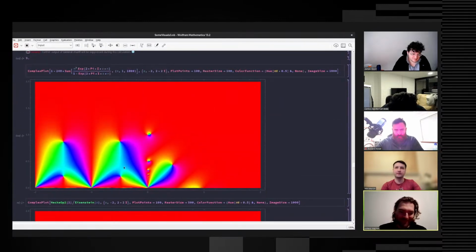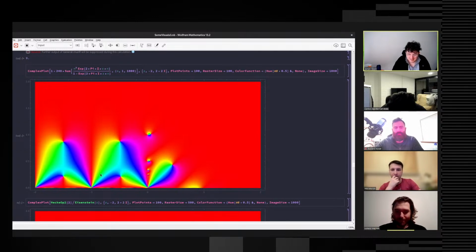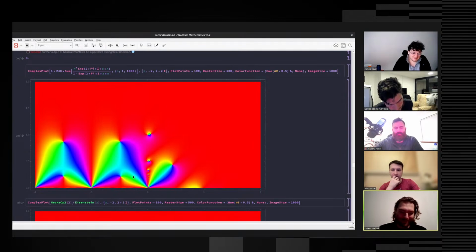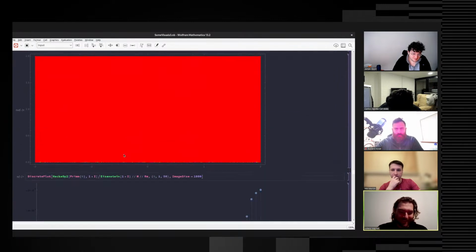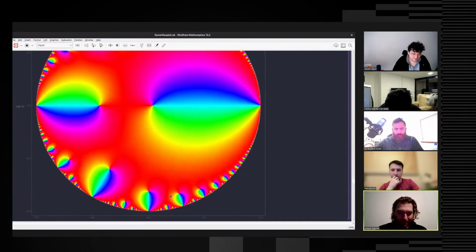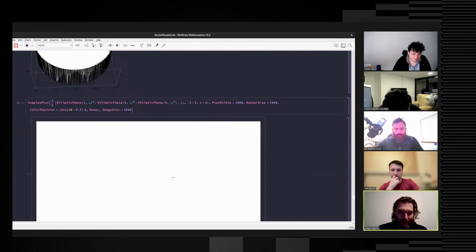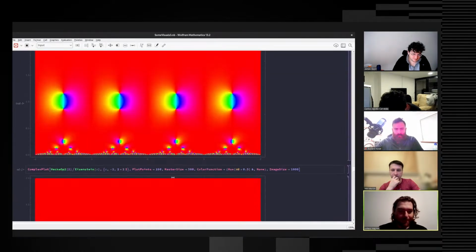You unwrap this to the upper half plane, and it looks like this, like the left half of this. This plot is an outtake. But if you only look at the left part with negative real part, then it looks right, and it just repeats. You can just copy paste it. And what is this? Some transformation, whatever.